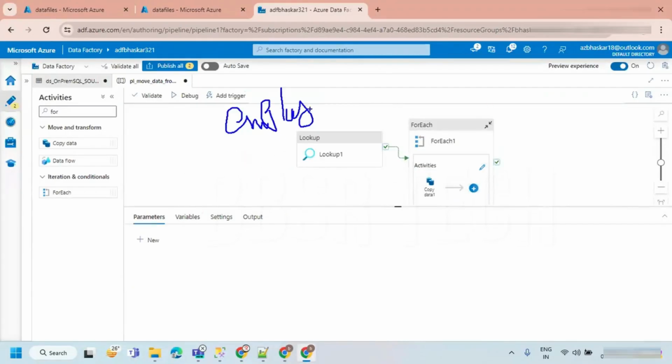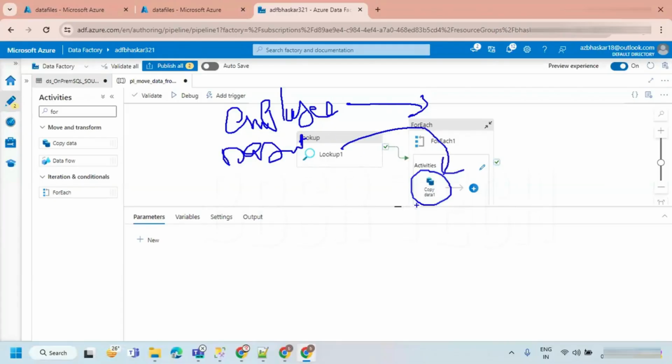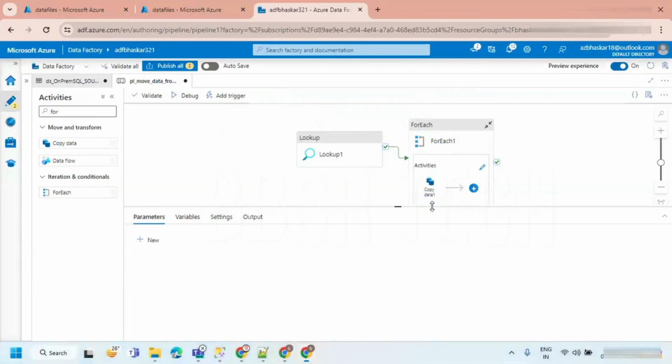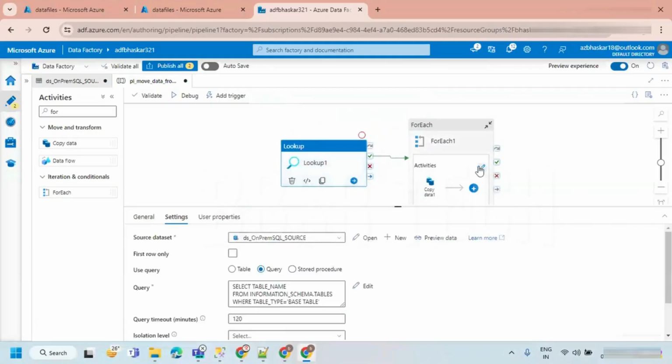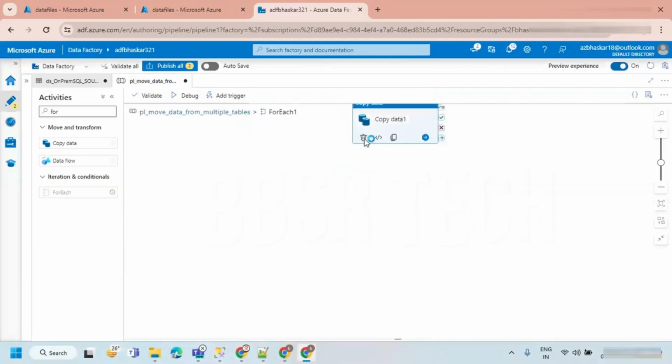So employee will come to the for each, then for each is going to take the employee table. Employee copy data will be completed with employee. And then department is coming from the outside, and department will be given to the copy, and department will be copied. And customer is coming from outside, and customer will be given to the copy, and the customer data will also be copied.